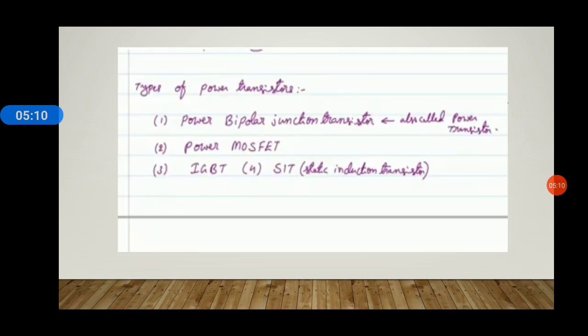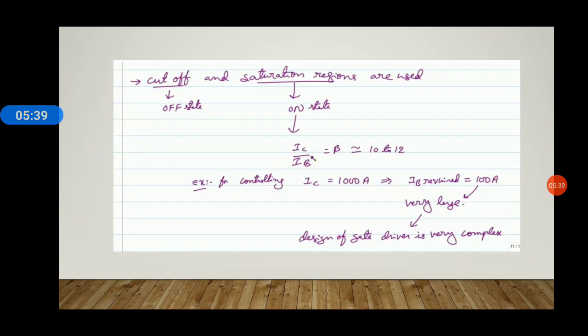Now, the types of power transistors, as I've told in the beginning of the lecture, are power BJT, that we are studying today and most commonly called power transistors. Then we have power MOSFET, IGBT, and static induction transistor, which we will be studying in the later stages. Today we begin with the power bipolar junction transistor. Now we know a transistor is to be used as a switch, and the main application of power BJT is as a switch,